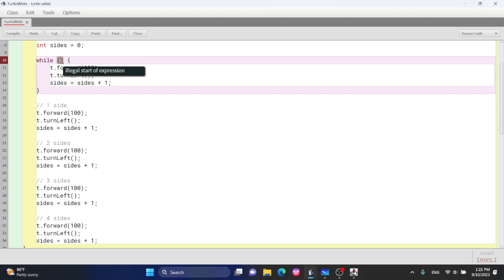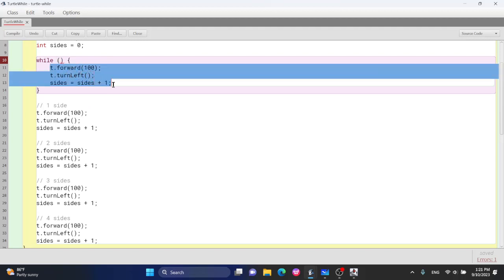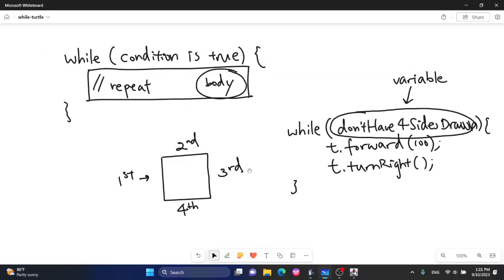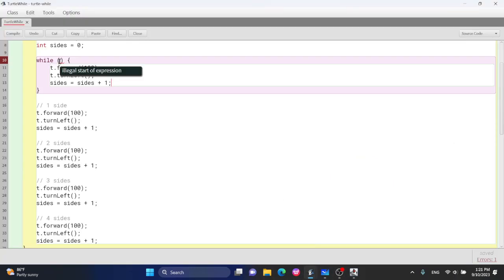What does that mean for our expression or our condition here? So while what is true, we should keep drawing a side? Okay, that sounds a bit convoluted, but what do we say over here? We said, while we don't have 4 sides drawn, we keep drawing a side, right? So that means while the number of sides that we've drawn is not yet 4, then we keep drawing, okay? So that means we can directly just say, while sides is less than 4,